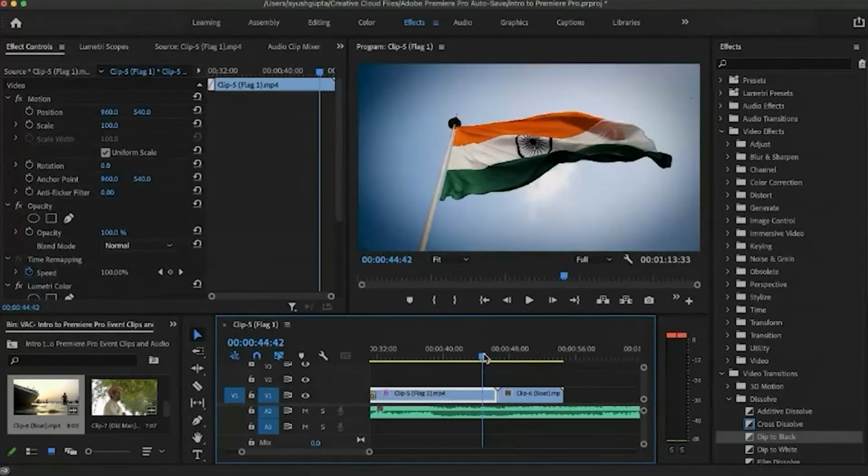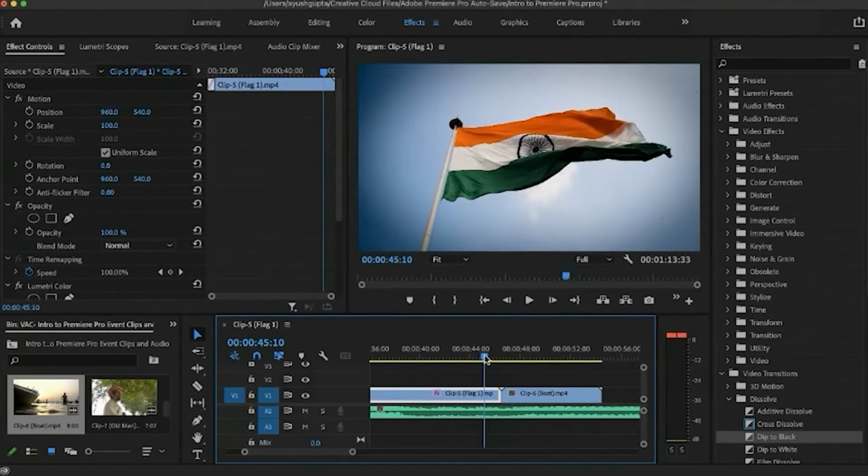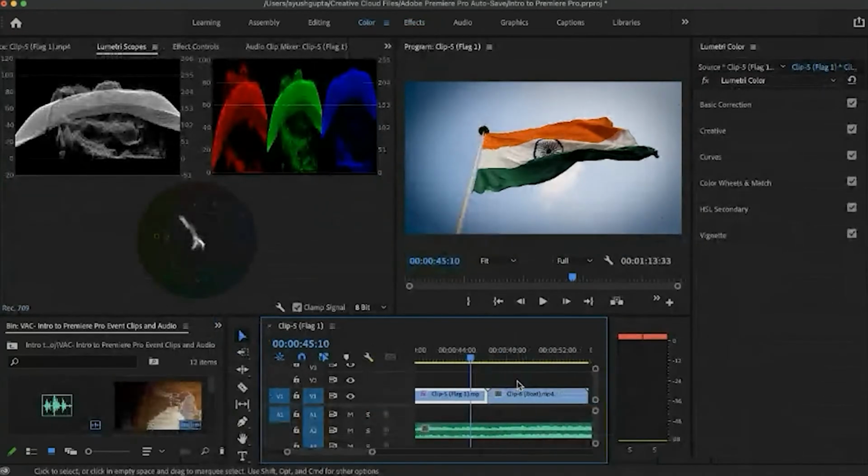So in movies, they can't color correct every clip. So they try to find similar clips with similar properties and then copy and paste the attributes of the previous clip onto the next clip. So for that, suppose this Indian flag clip, we have color graded it. So we copy it and then select.